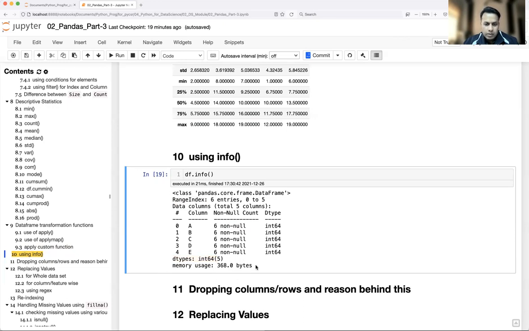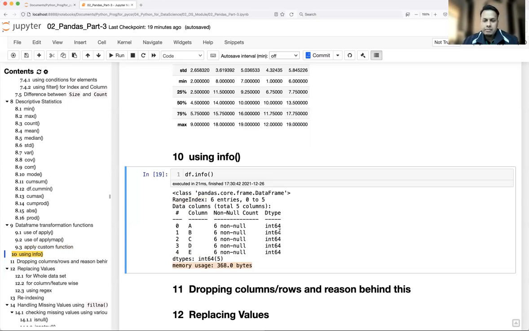And what about memory? This is very important, guys, the memory information. When you deal with a very large data set, this is going to be very helpful. Why am I telling you this? Because when you get, let's say, 1 GB of data in an Excel sheet, and later once you start analyzing it, you will find out that not all of that 1 GB of data is required. So unnecessarily it is consuming 1 GB of memory. How can you reduce it? That's where the data type will help you.